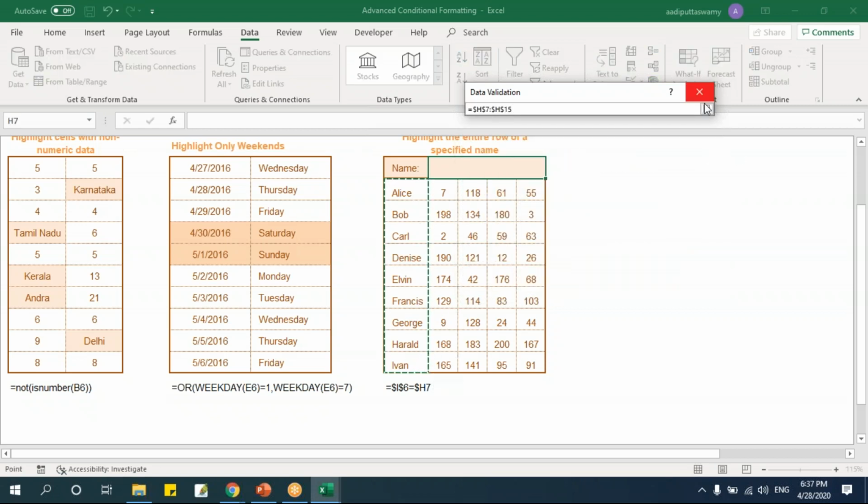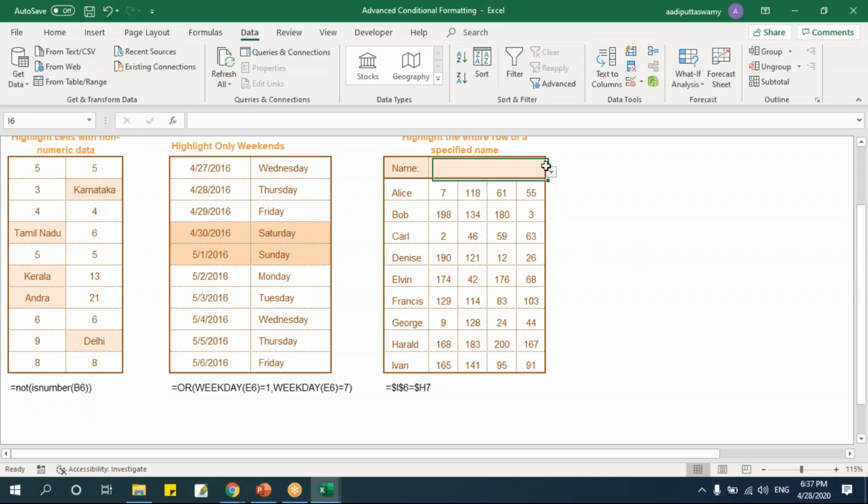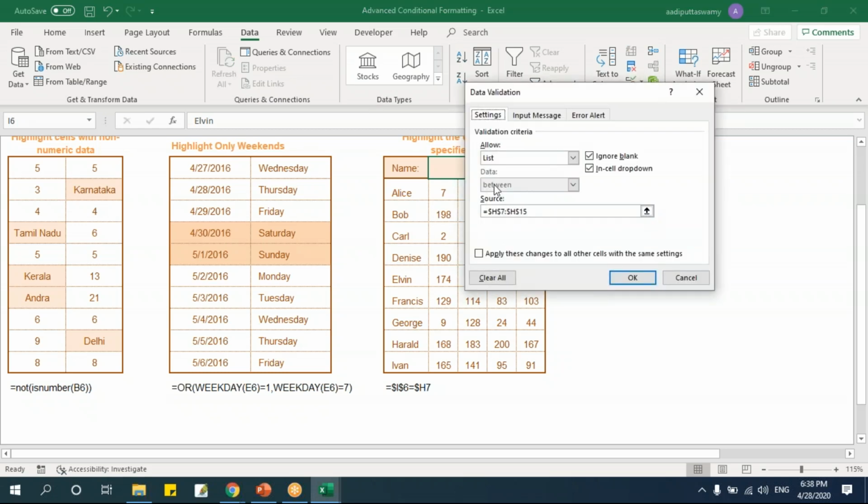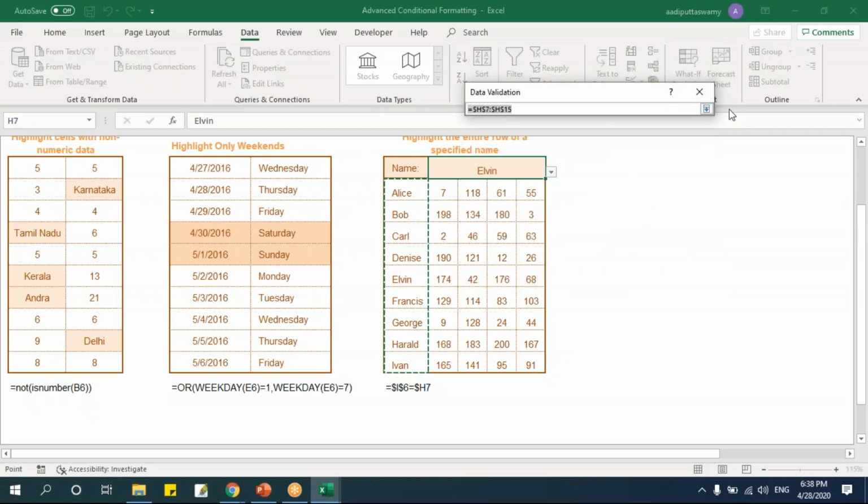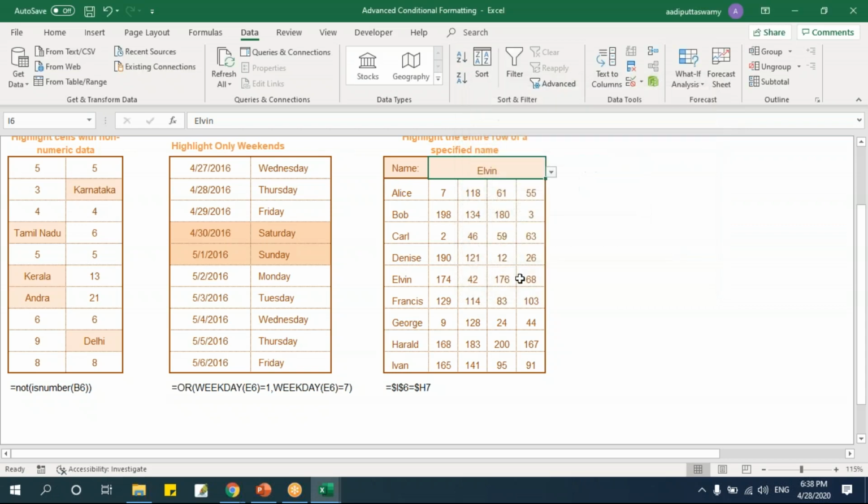I'm just taking this, or you can type it. See, it's just to get a drop down like this. Instead of typing, I'll just select this. So how to do this? Just select here and I'll say data validation and say list, and I selected this. Okay, don't worry, next session is this only, that will be in depth. Now just to get the value here, I just took this, or you can just type it. Now whatever names I'm selecting here, that should get highlighted.